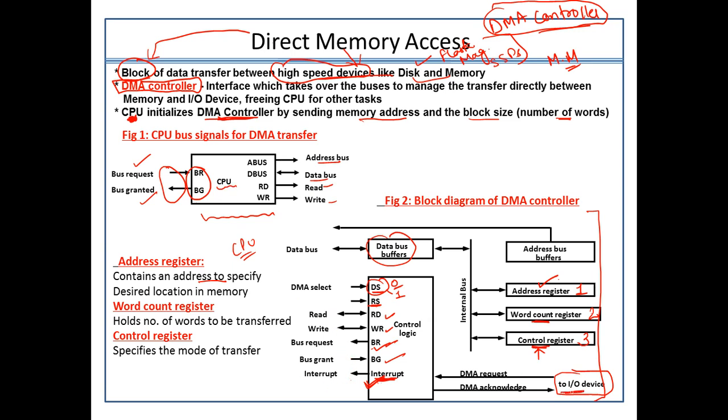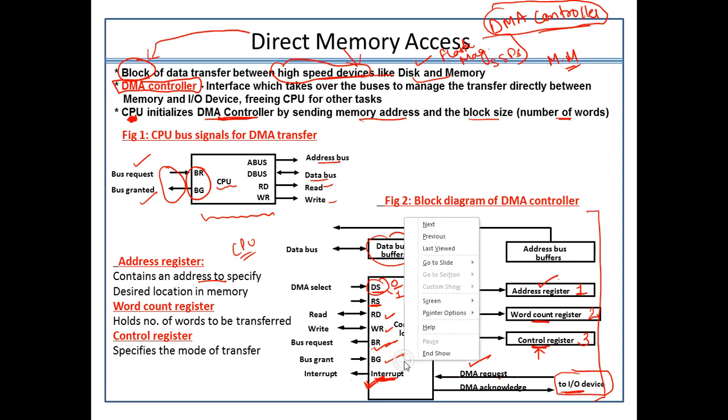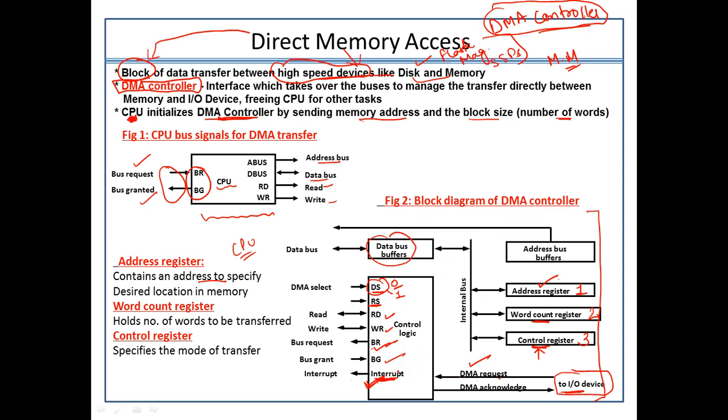When the IO device wants to access the DMA, it will send the DMA request to the DMA controller. Once this request is fulfilled, only then the acknowledgement will be sent back to the IO device. So this was the entire process of how the DMA controller works. You need not go into detail about how the register select works. This much information is more than enough to understand the DMA controller's functionality.